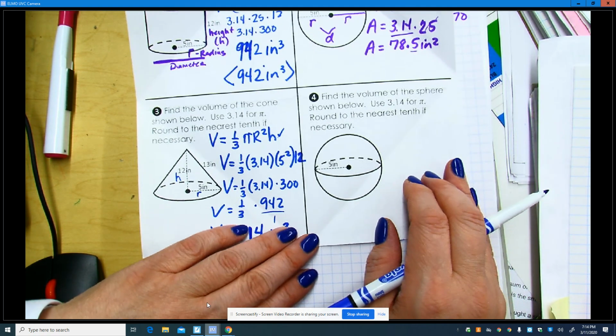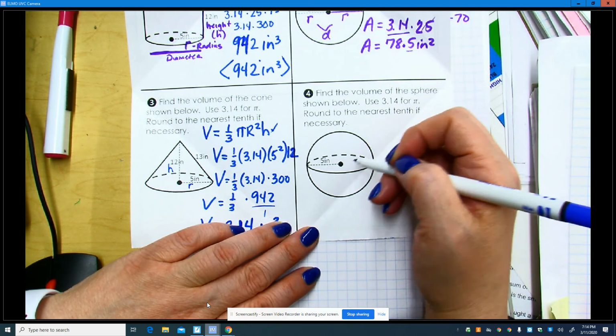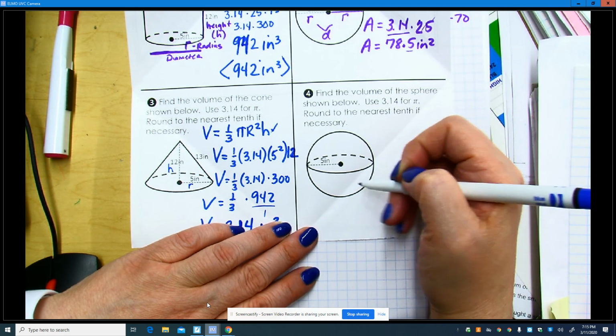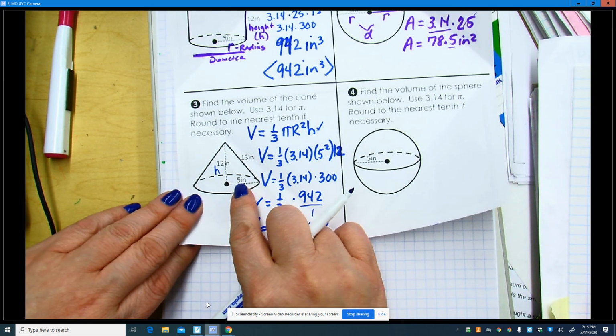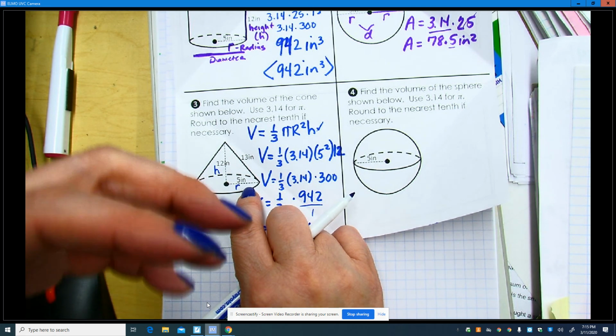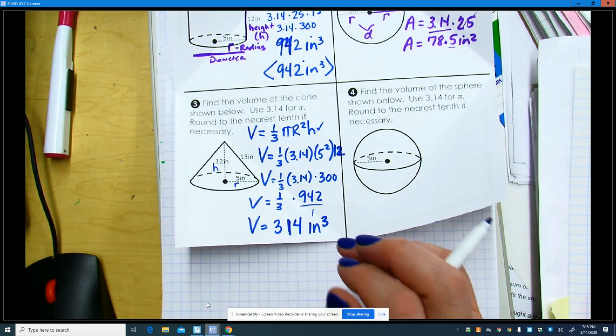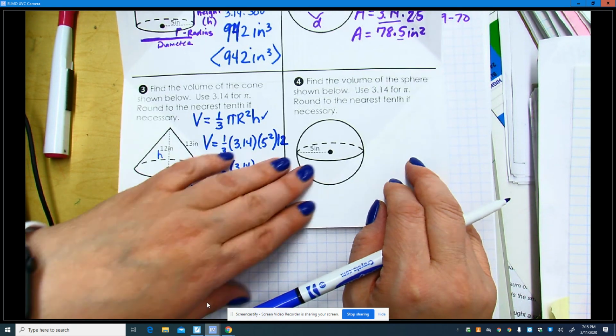And the last one is the volume of the sphere. We should be familiar with some spheres in terms of basketballs, soccer balls. Typically, those are spheres. Some examples of a cone: ice cream cone, of course. Sometimes when you go to the movie theater, you get something like that. Or in a doctor's office, they have little cups like that for you to drink water. For the sphere,